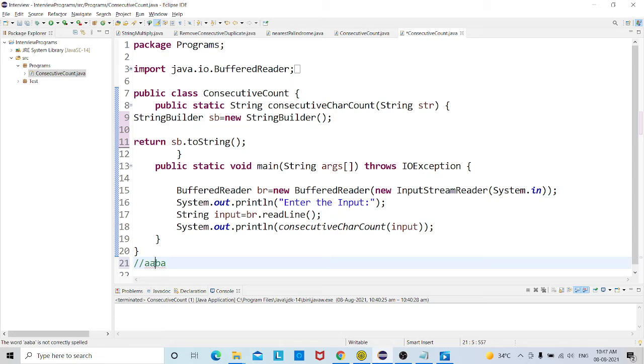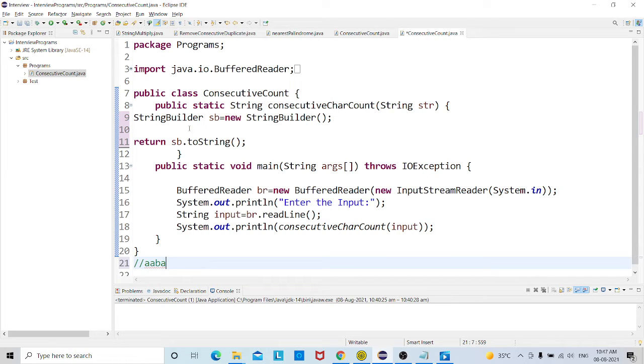Like if the index is 0, 1, 2, at index 2 our comparison with the previous character fails, so we will be appending A2 as output to the StringBuilder. So this is the logic we are going to build.